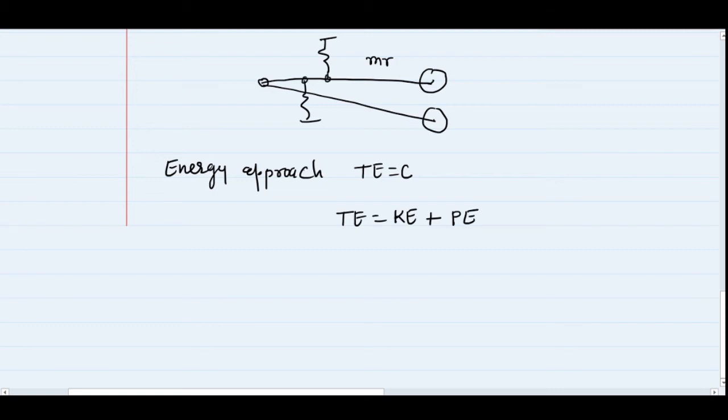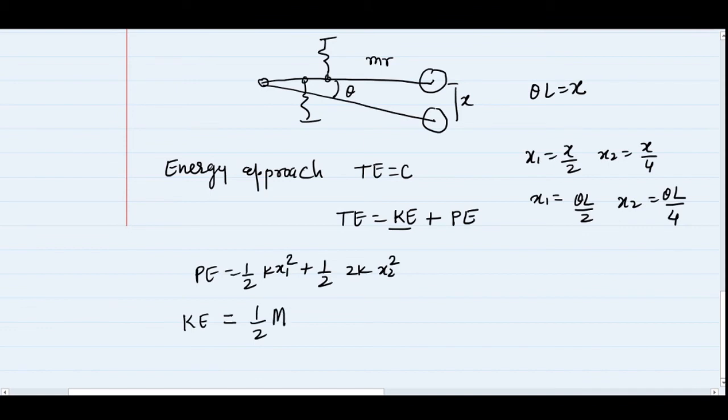So the deflection of the springs will remain the same as we have calculated in the previous case. So the potential energy term will remain the same as 1 by 2 k x1 square plus 1 by 2 2k x2 square. When I look at the kinetic energy part, one will be half m x dot square and the second will be 1 by 2 I theta dot square. And what is this I? I is the moment of inertia of my rod about point A.